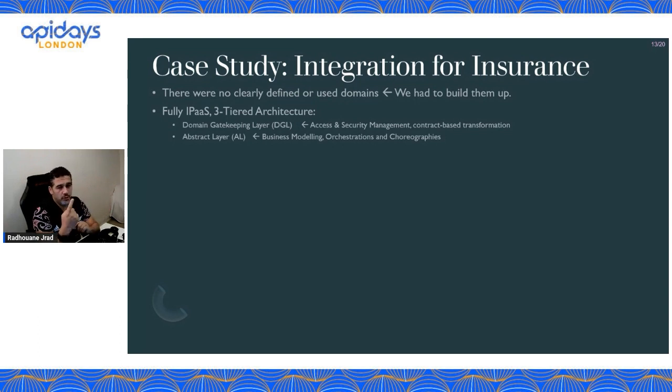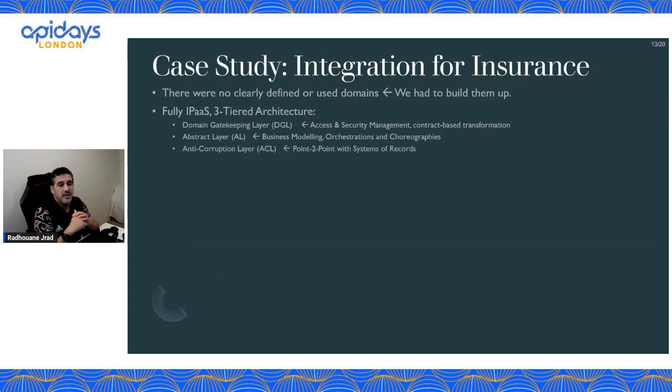Your living room has a door. Your garage has a door. You can have 2, but you have doors. These are where you allow things and people to get in and to get out. Then you have the abstract layer in the middle where the business logic is done. This is the meaty stuff, the juicy stuff. You know, you do orchestration, you do choreographies, you model for the business, enrichment, and whatnot. So you do whatever you want, whatever you're doing today, you keep doing it within that domain, obviously, tomorrow.